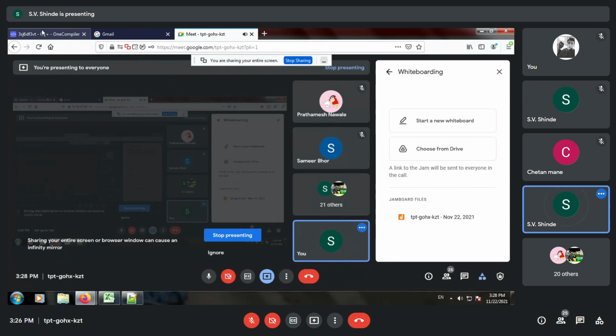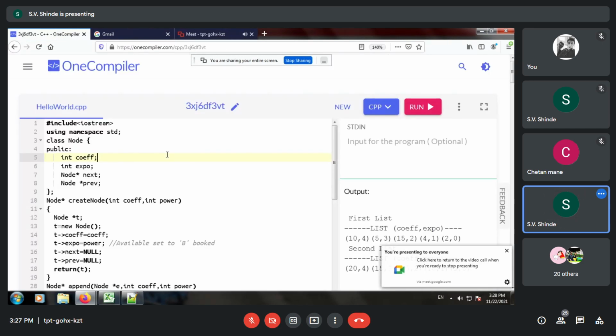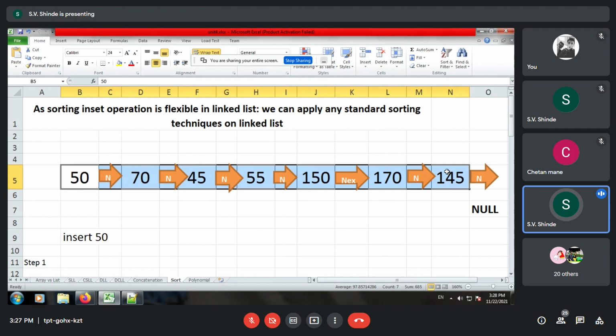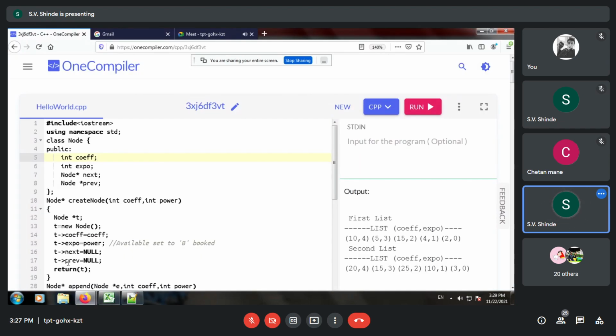We will talk about a doubly linked list where we can move in forward direction and reverse direction. Now if you observe this sorting, it is showing in only forward direction, but if I use a doubly linked list, what will happen? We can print it in descending order also. So both ascending order and descending order can be printed if you use a doubly linked list. So that was the advantage part of it. Now let us practically implement it.